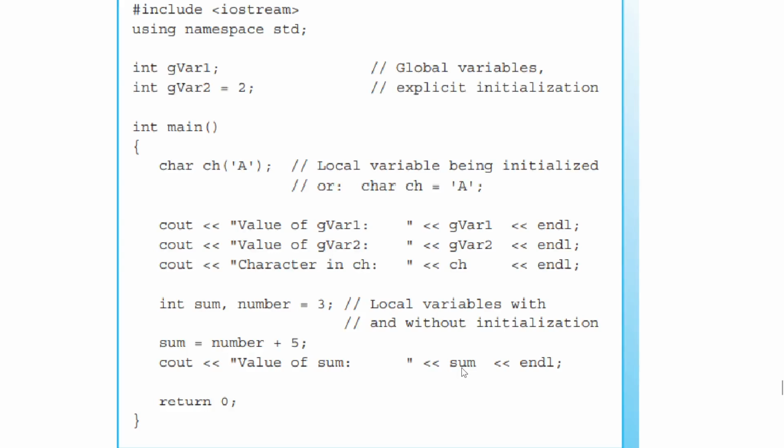We have to make sure that whenever we create a variable, we give it a meaningful name. So it has to be a name that is easy to understand the purpose of that variable, not only to other programmers, but also to yourself later on down the road when you need to understand your own code and remember